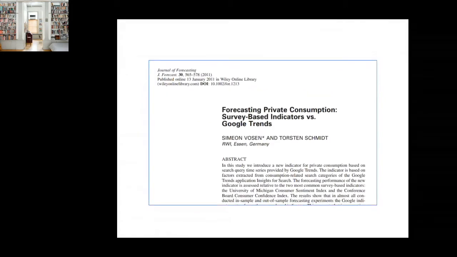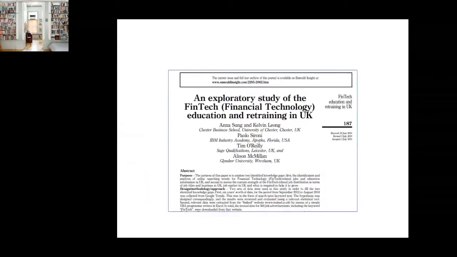We can look at how people consume different products, which may be useful to understand the market as well. Last year, we published a paper analysing financial technology education in the UK with relevant industry leaders.